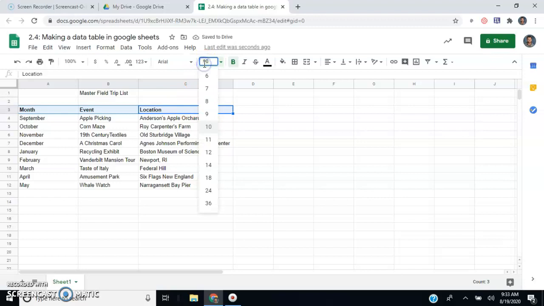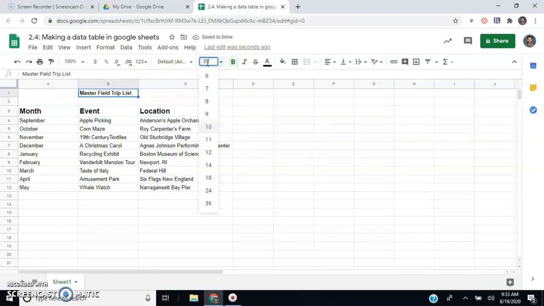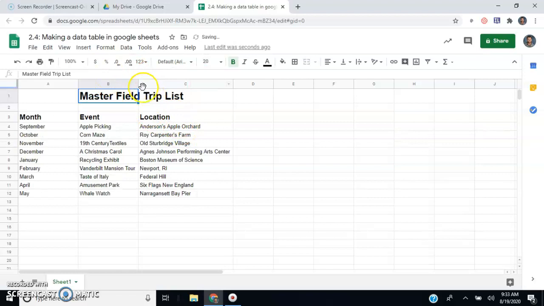And I'm going to increase the font up to 14 just to make them stick out a little bit. And then I'm going to take my master field trip list because this is the top part. Let's make this 20. Make that really stick out. That'll be good. And then if I wanted to put this in the center,